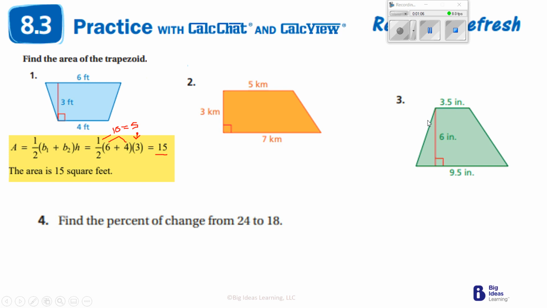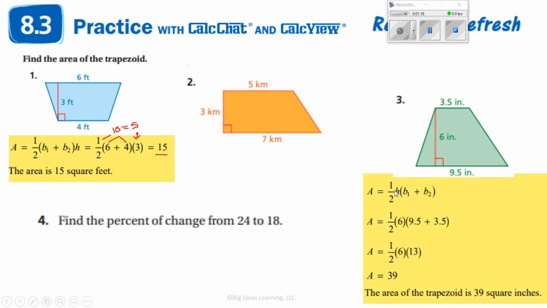Number 3 says we have a trapezoid with bases of 3.5 and 9.5. So we're going to go ahead and, again, set up our formula. This time we put the H with it. We're going to go and replace B1 and B2 with 9.5 and 3.5. We know 9.5 plus 3.5 make 13. And we know the height is 6. So we're going to replace H with 6. I know that,